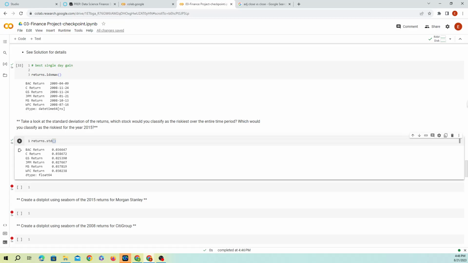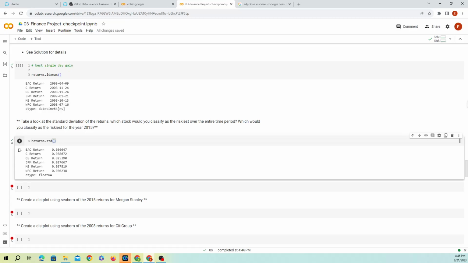And if we want to specifically look at 2015, we can do returns dot loc. Now remember that loc is a way to emphasize which index values we want to look at in our rows. When we use loc, we're looking at the location of the data.